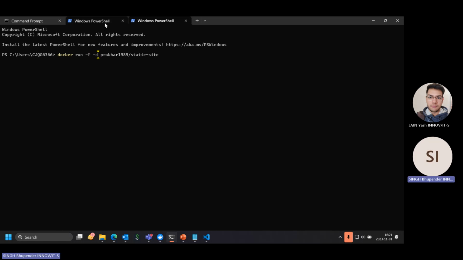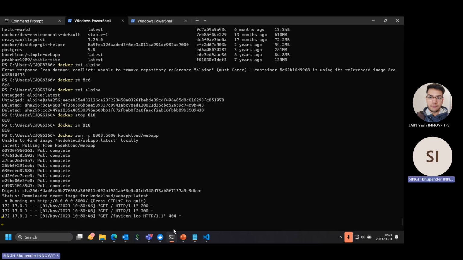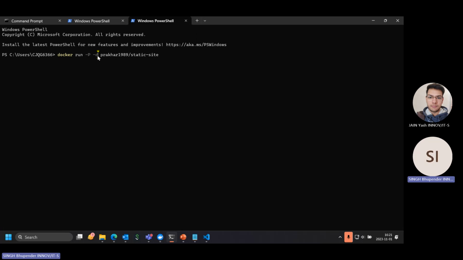For example, in the previous window, we see that we cannot enter anything, and the terminal is used for showing this. If we use this dash d flag, it will not show that, and it will run the website in the backend. It gives us the container ID of the website in which it is created.